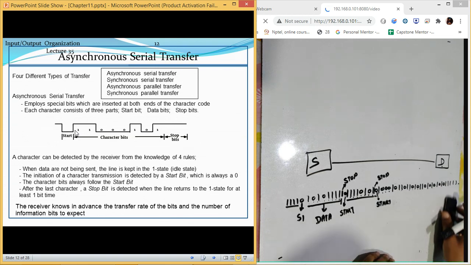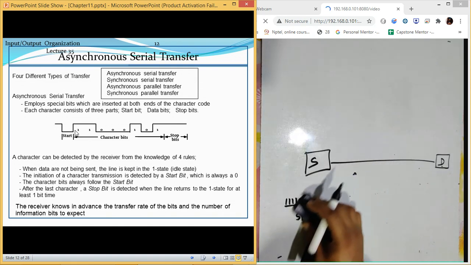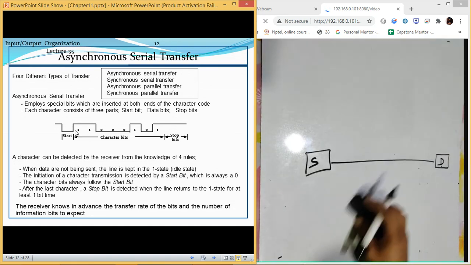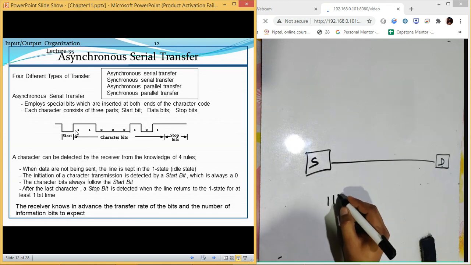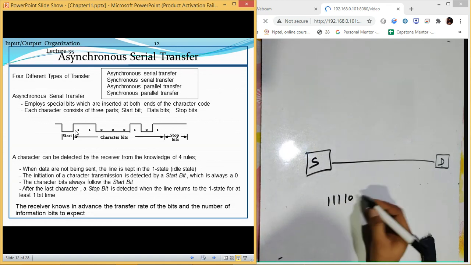So I just wrote a very large value. If you want, you can simplify it a little bit, like 11110.